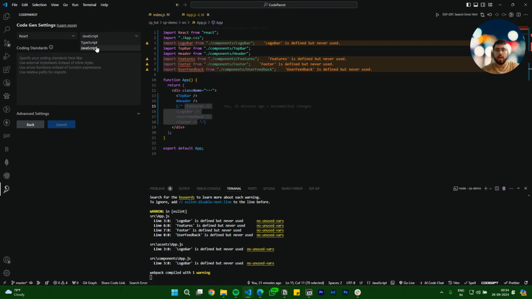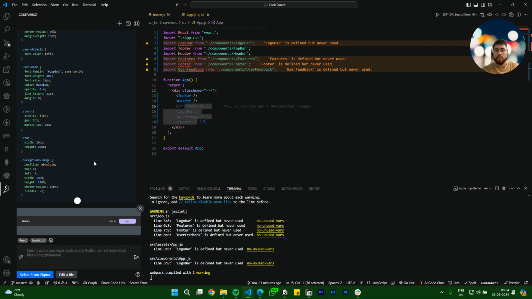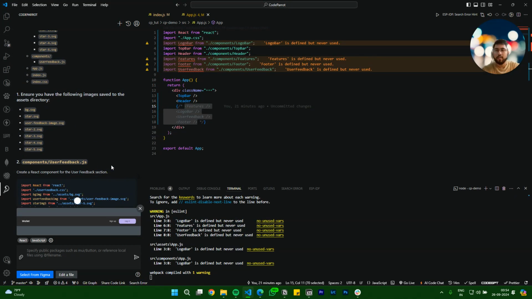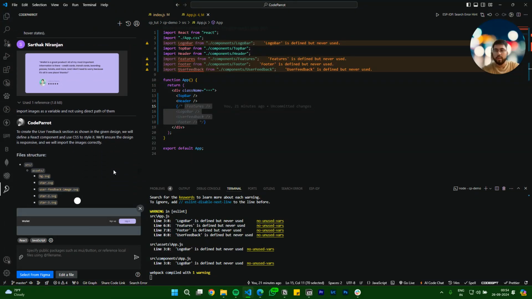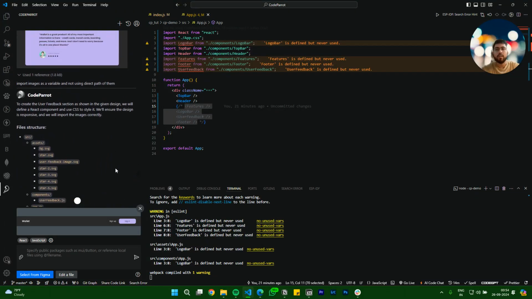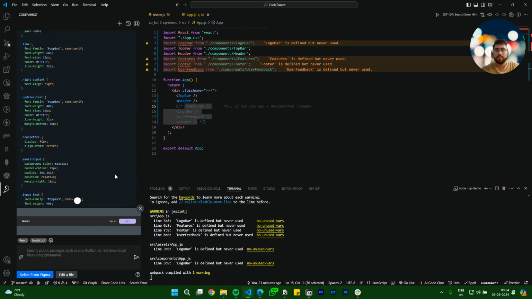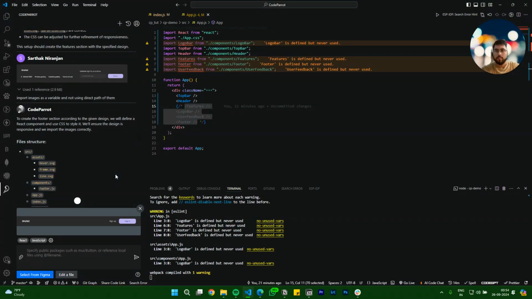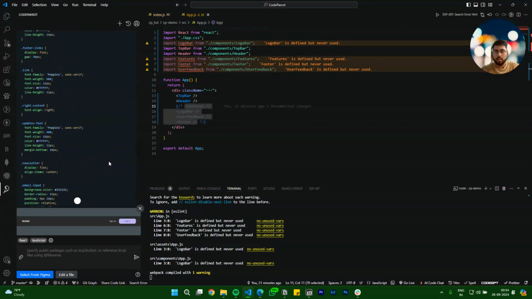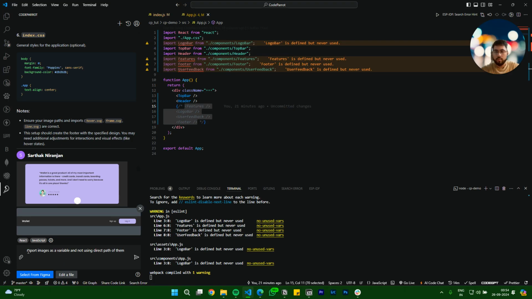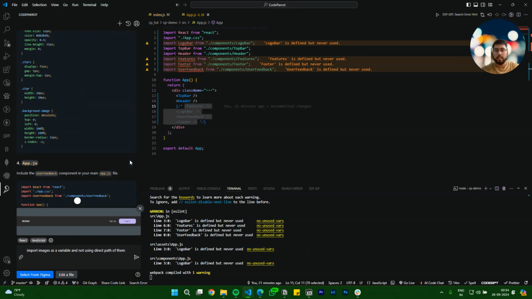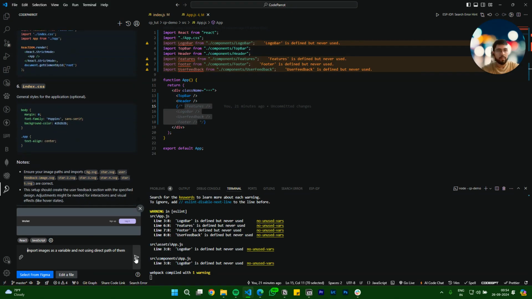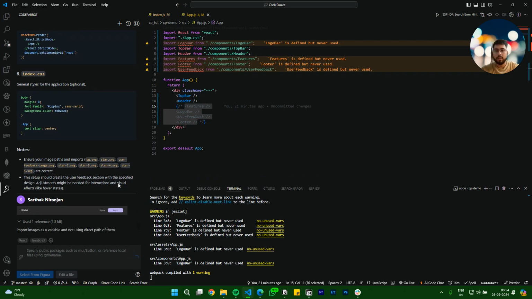For this particular demo, I have gone with React JavaScript. Also, I wanted to import all the images using variable names for the path and not the path directly. For that, I can tell it to import the images as a variable and not directly use the path in the src attribute. Now, as soon as I click on send,